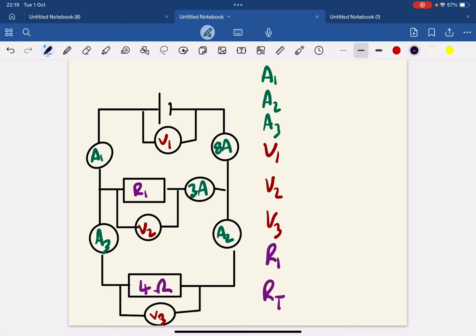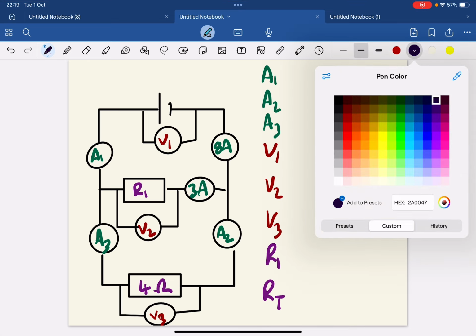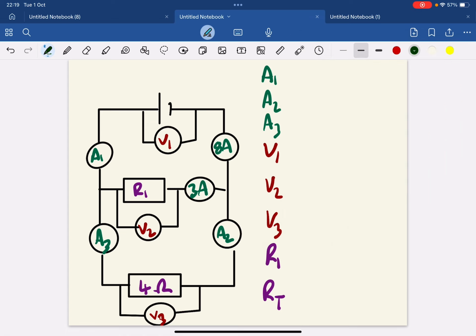So next we have a few more of our components that we've got to be able to calculate. So we know it's a parallel circuit, so V1, V2 and V3 are going to be the same. So once we've found one, we know what they all are. And we know that we've got 8 amps here at the start, and at the end is going to be the same current. So we know straight away, we can put that there, that A1 is going to be 8